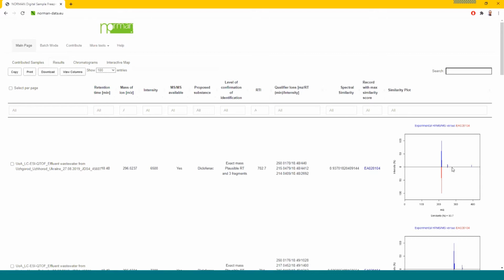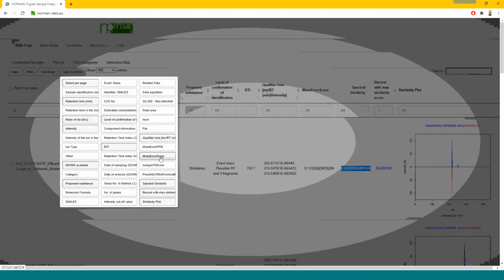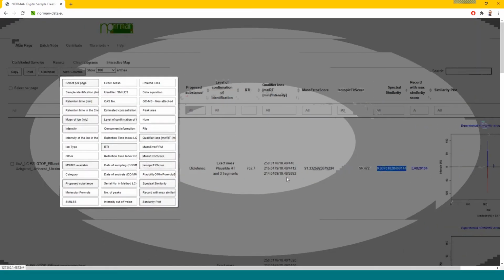And also calculated a spectral similarity score. Additionally, someone can see the mass error score and the isotopic fit score by going to View Columns and selecting the mass error score and the isotopic fit score.